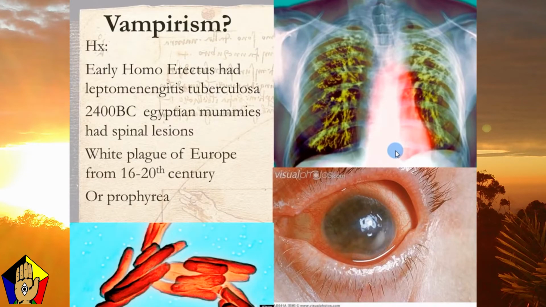I love this one too. If you can't come up with the actual cause, they must be a vampire. It's funny because there's a lot of history going back with vampirism, and they think that one of the main causes, there are actually a couple of causes of so-called vampirism, was TB. When you look at the symptoms of TB, the person's eyes were really bloodshot, they looked very evil looking, their